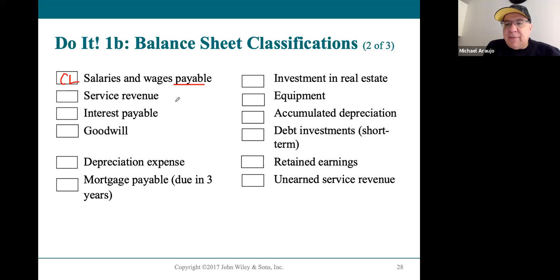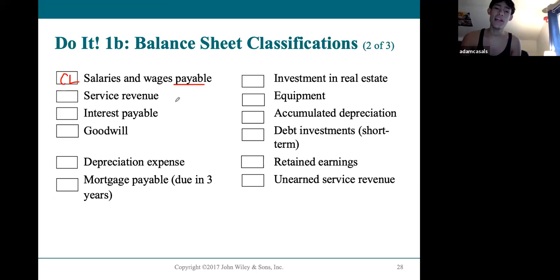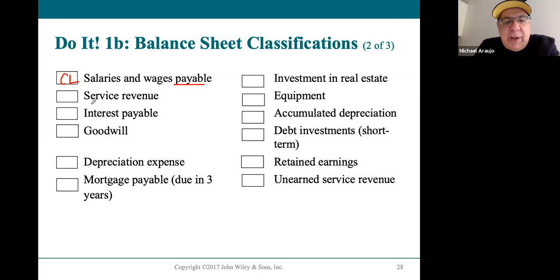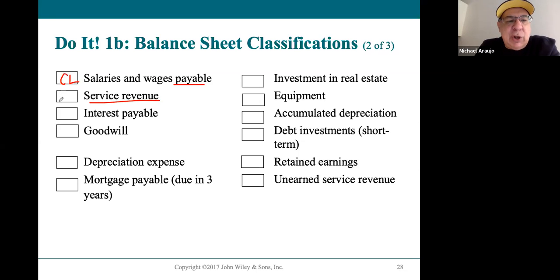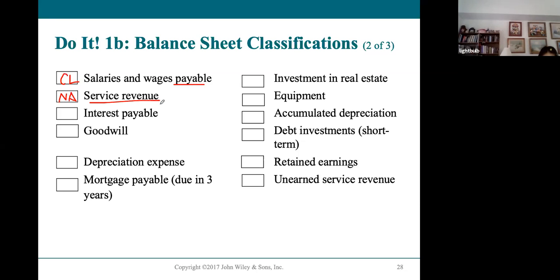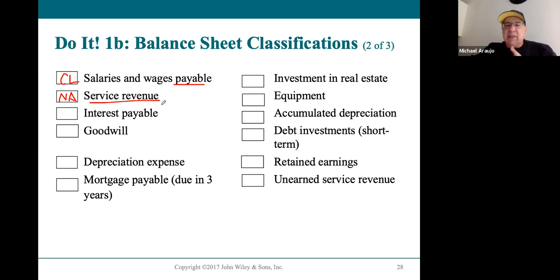right? Service revenue. Okay, Adam, where would you put this? I think that would be in the current assets. Well, when you look at the word service revenue, what type of an account do you think about? NA. It's a revenue account. It belongs on the income statement. And so this is not on the balance sheet. It's what the NA is for. It's NA just simply, it's not on the balance sheet,